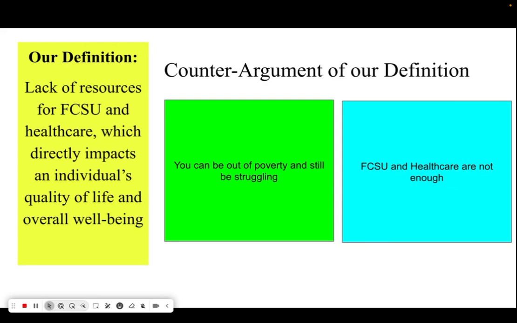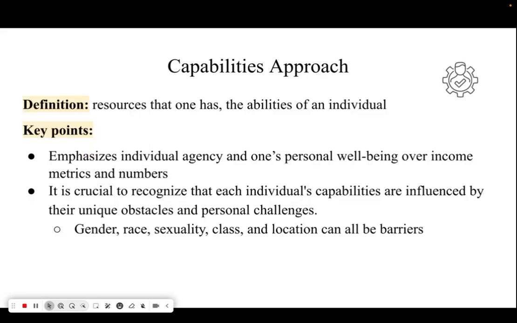People have other needs and wants that they cannot meet, but they are still considered out of poverty. Food, clothing, shelter, utilities, and healthcare are not enough to have a sustainable life, but in terms of defining poverty, it is a good measurement. We totally agree with these statements. However, when putting together a definition and measurement, we feel this is the best way to do so.